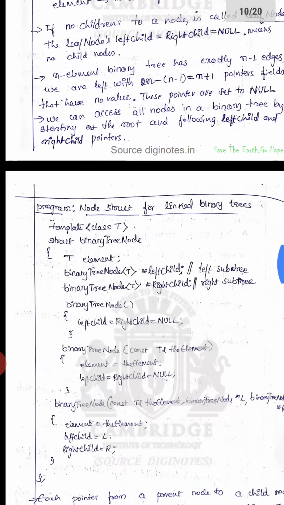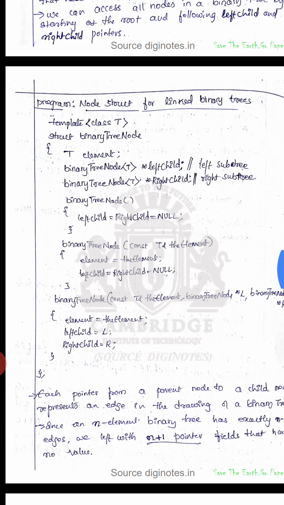Clear? So we'll see the structure of a binary tree here. It contains one left pointer and the other one is right pointer. In the below you can see the binary tree node, left child equal to right child equal to null. Then what is this? Left child equal to right child equal to null, in the sense there is no left tree and right tree. If they are not divided further, then that address field will contain null. It will be element equal to the element, left child, right child equal to null, if it is not divided.